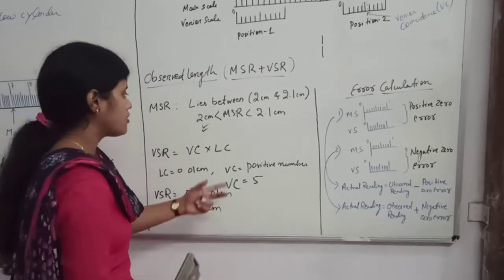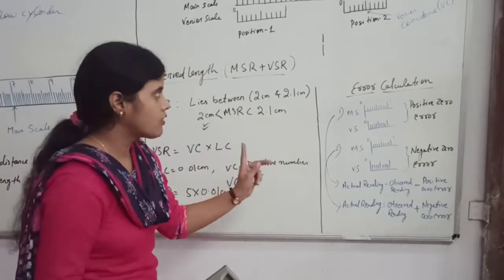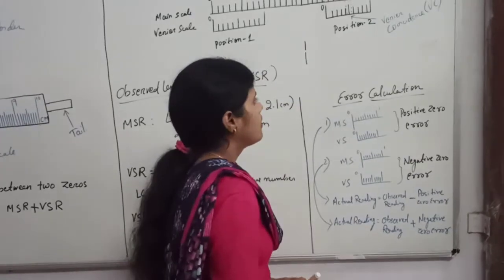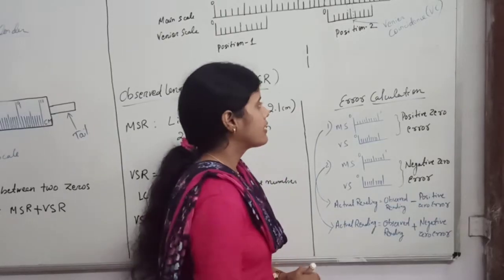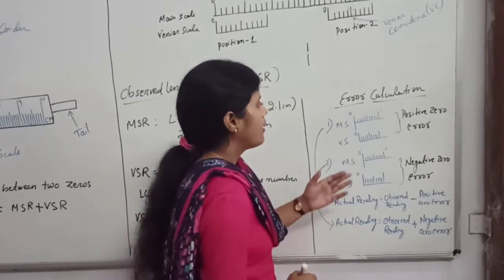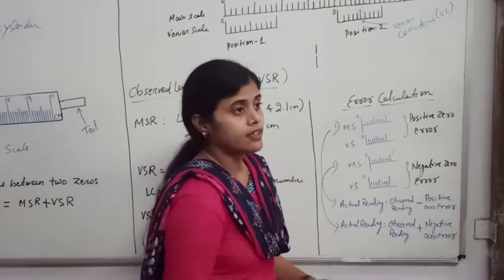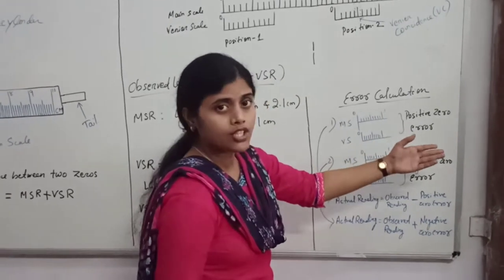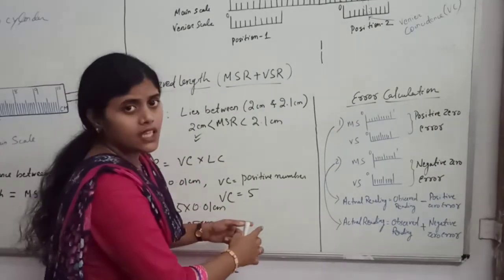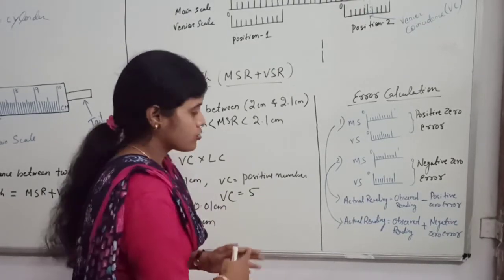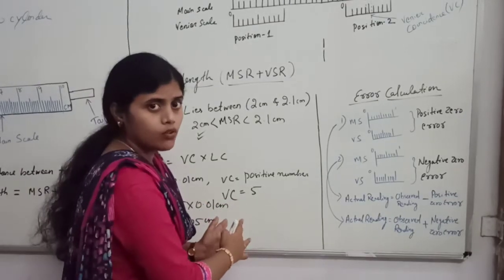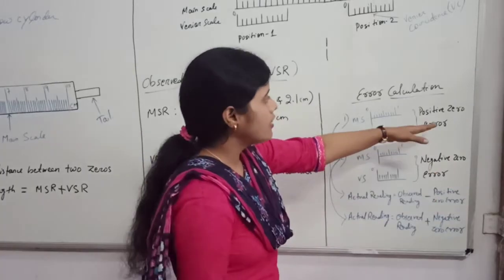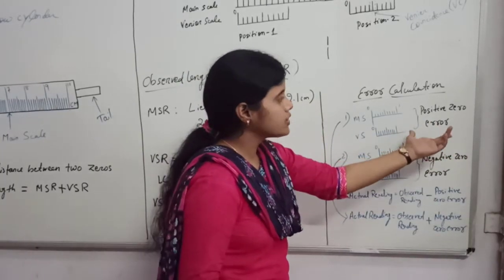It is very easy because the value of the least count is fixed for a particular instrument. Okay. So if the instrument contains error, how do we find the value of the error? I had not told you about the calculation because the concept of VC was not understood at that time. Now you understand the concept of VC, the vernier coincidence, and how to find it. Now it will be easier for us to calculate the value of this error.